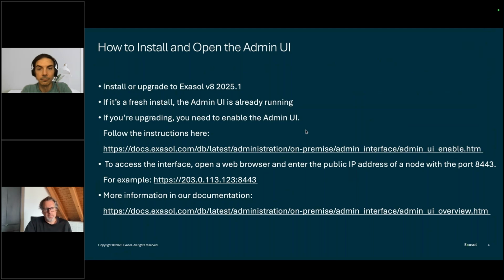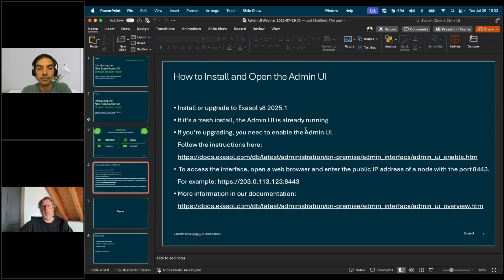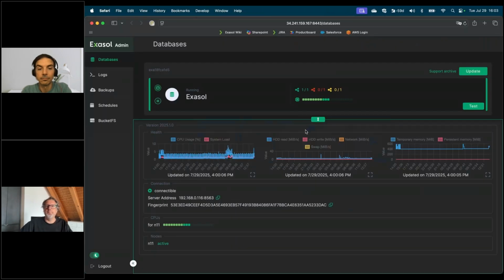To then access the interface, you can open a web browser and enter the public IP of any node with the port 443. This is an example. This is actually not the example I'm going to use, but just kind of to show. There's extensive documentation available on our website. Either you Google Exasol Admin UI documentation or you go to this link where everything I'm going to show to you is also documented. All right, let me switch to my browser and let me give you a little demo